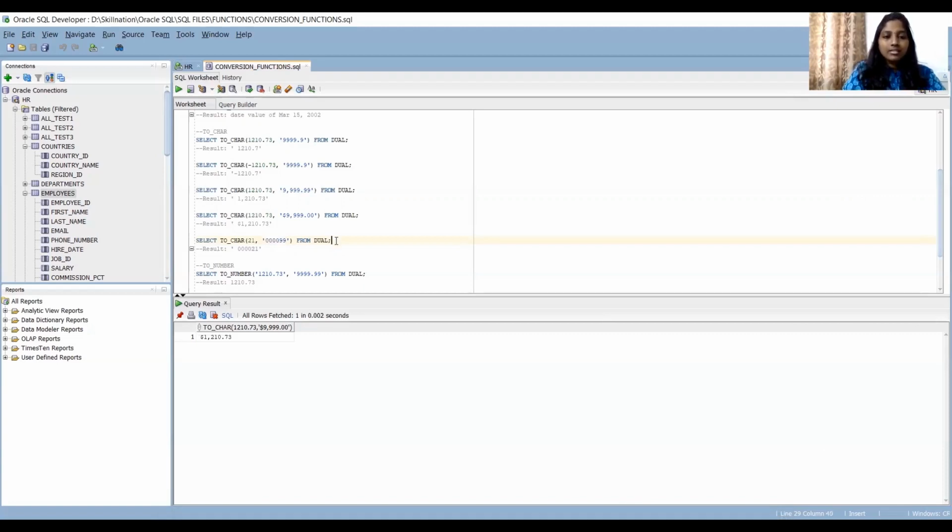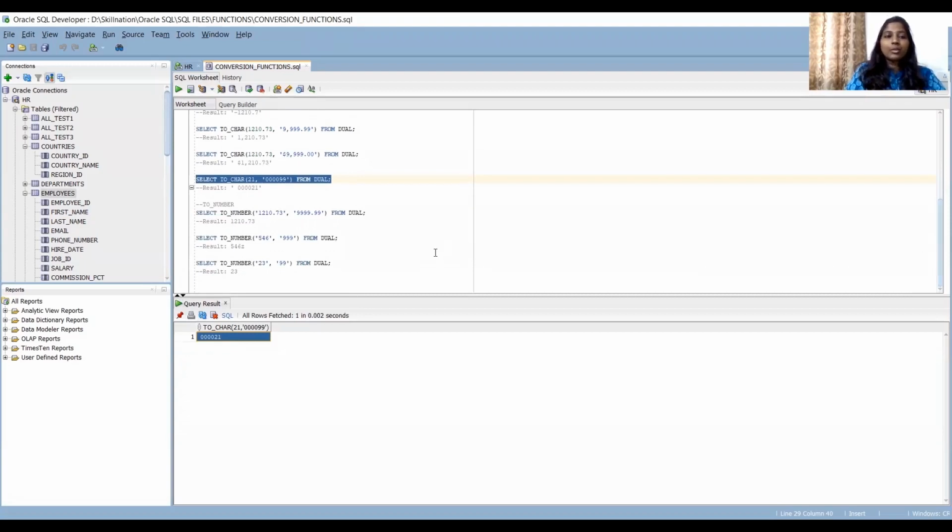So let's run this. It is a character value again. The format is character string type, but we are playing with numbers. Okay, do remember that. Okay, see, 000021, but this is a character type. It might look like a number, but it is a character type. We have converted into character, number to character.